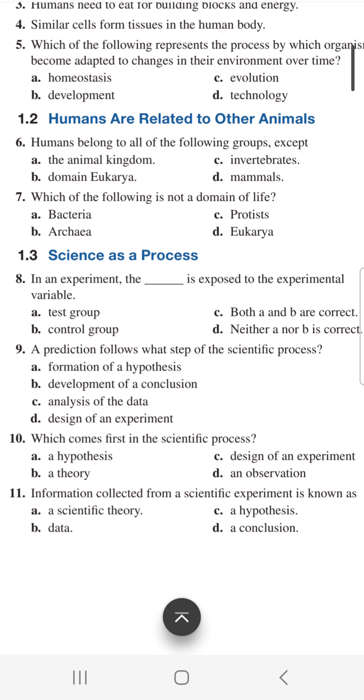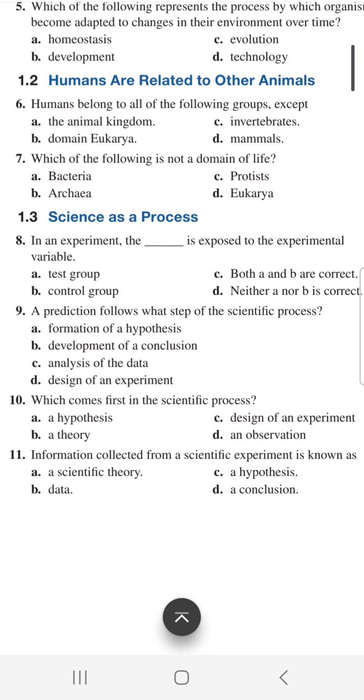Let's do question number 9. A prediction follows what step of the scientific process? The scientific process, in short, is basically this: you come up with an idea. Before the idea, you have to do an observation, and then you think about that observation and make a hypothesis, and then you design an experiment to test your hypothesis. After you design the experiment and before collecting the results, you make a prediction